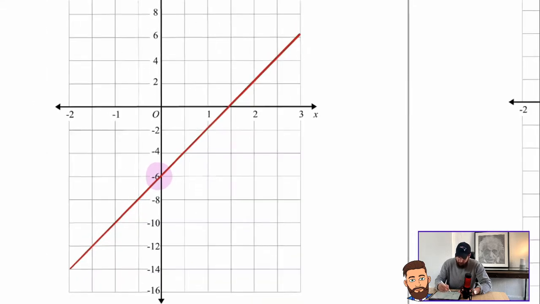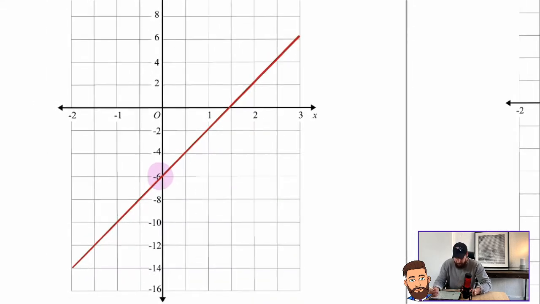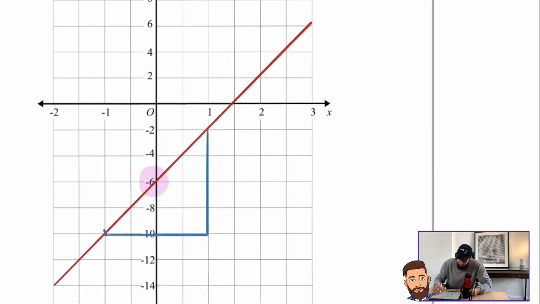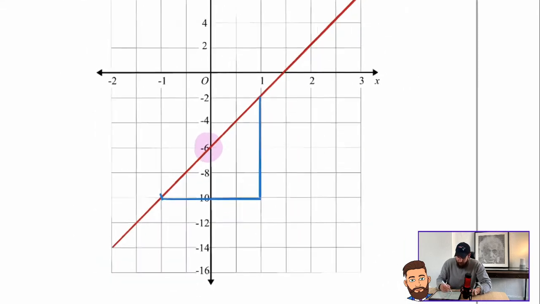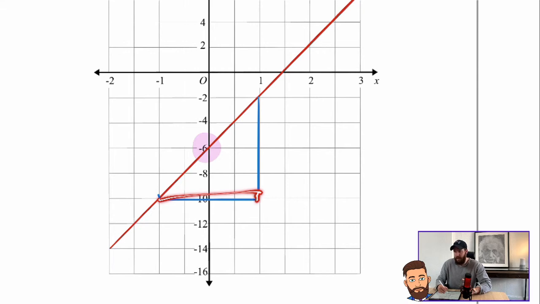So providing you stick to that, maybe we'll do a bigger one this time just to prove that it doesn't matter how big or how small you draw this triangle. I'm just going to go from this point here and I'll go across to here, and I'll go up to here. And as you can see, both of my points that I've picked fall on the grid in the background, so that's fine. Now it's a case of deciding how many units across, not squares, units. How many units across is this? And how many units up is it? And you do not just count the squares, and we spoke about that in depth in the last lesson on finding the gradient,